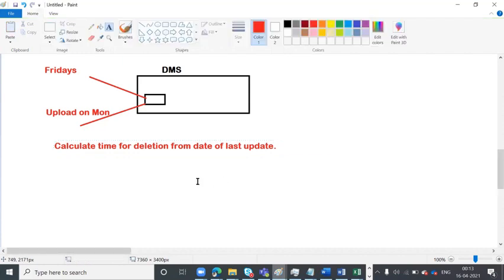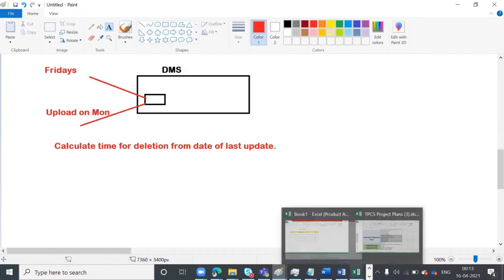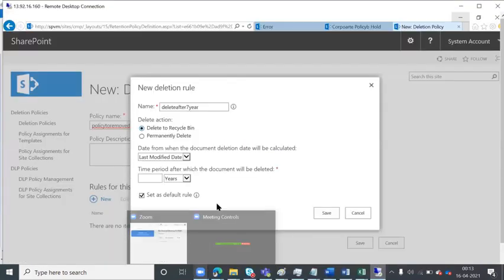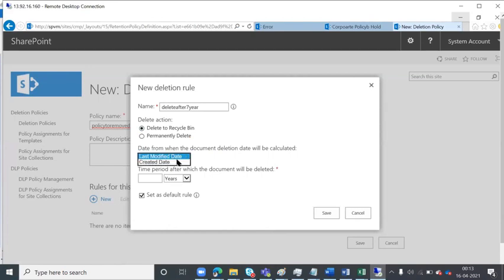A document that has been updated means someone is using it very recently. From a compliance perspective, the time is generally calculated from the date the document was modified, not from the date it was created. So it is going to ask whether the document was uploaded or created, or when the document was modified. As a best practice, we say that when the document was last modified, then it is going